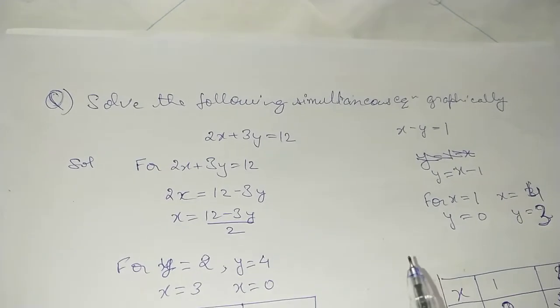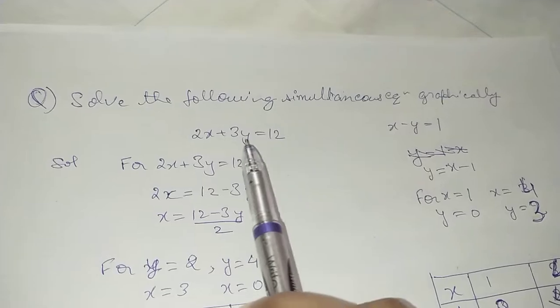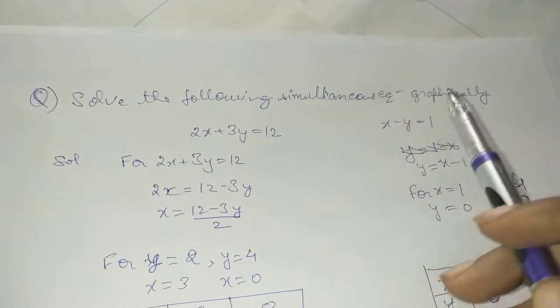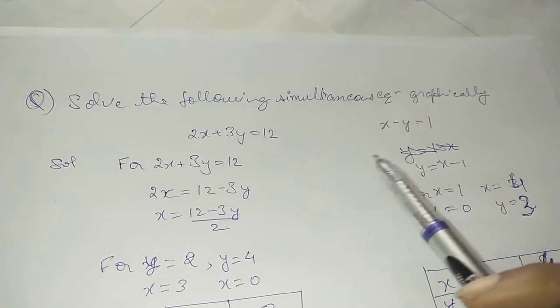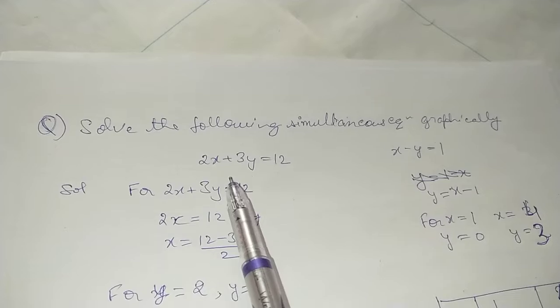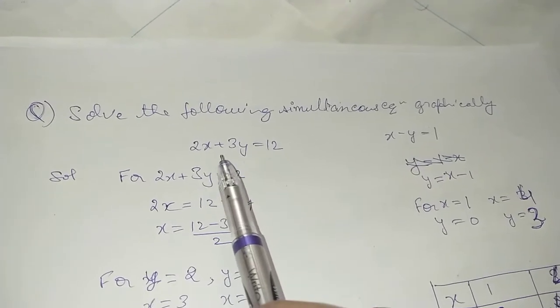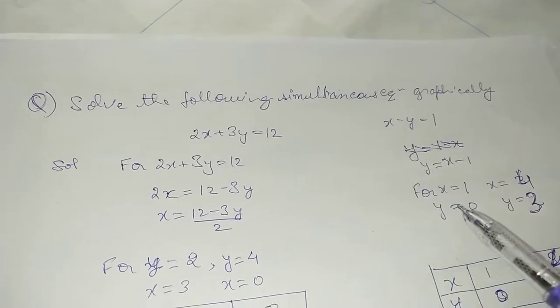Today what we are going to start with is how to solve any two linear equations in two variables graphically. There are other methods, known as the elimination method, cross multiplication method and substitution method. For those you have to interchange the values of x or substitute from one equation into another, but over here we have got something different.